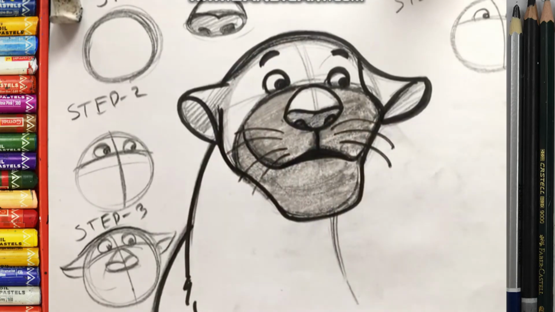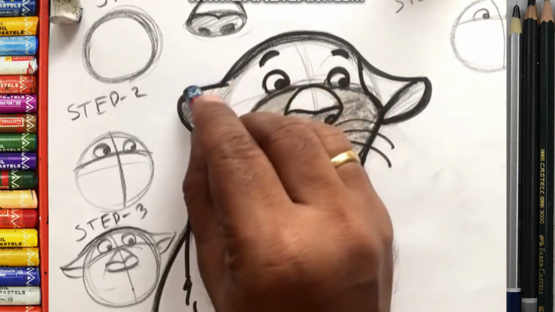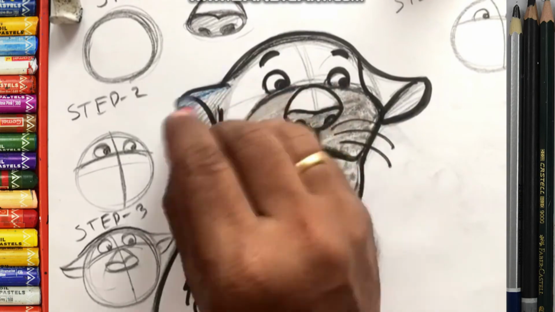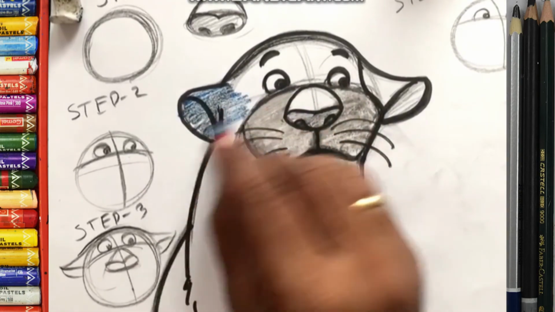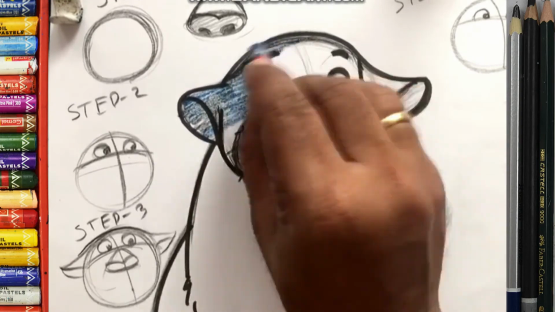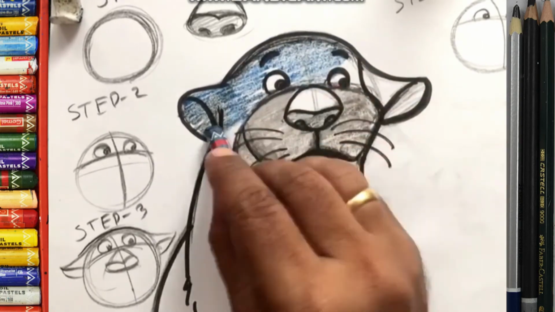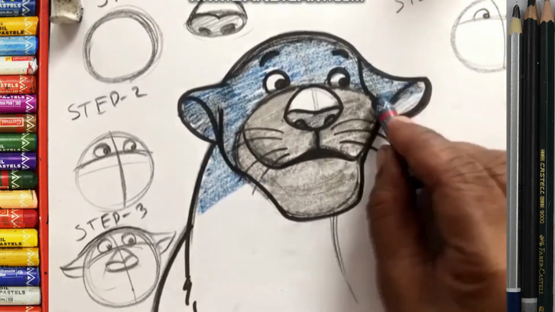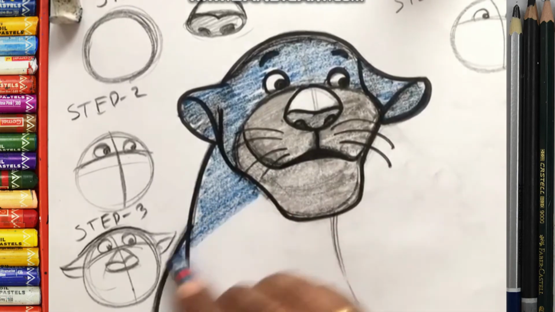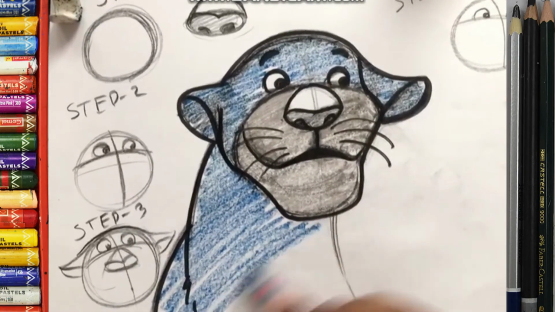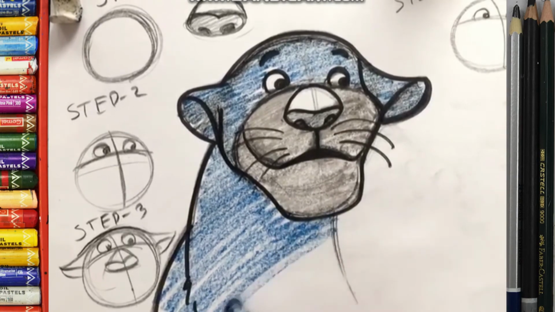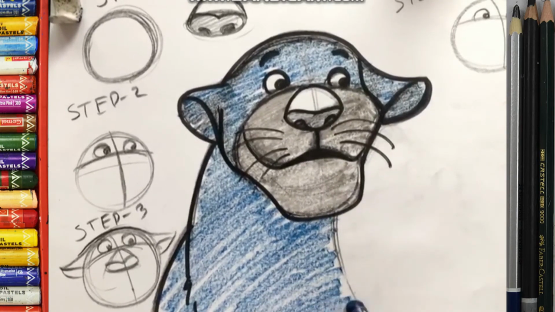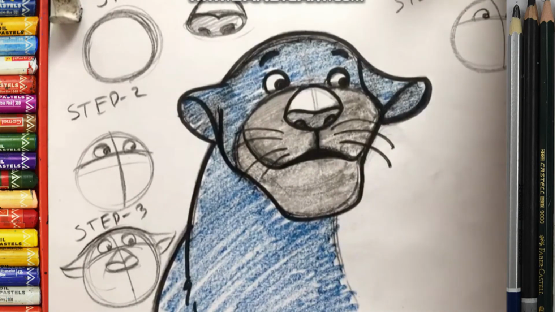It is actually black, but black does not look good. So I can make it a little dark Prussian blue and then black. Yeah. In the cartoon, for me, Bagheera is a little blackish green color. But black color